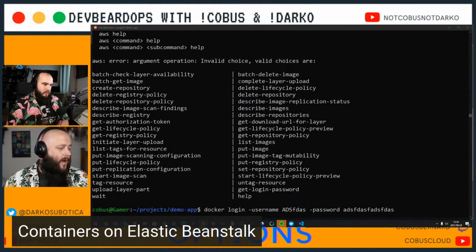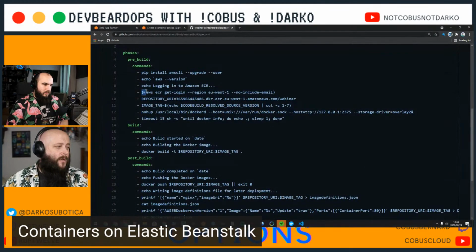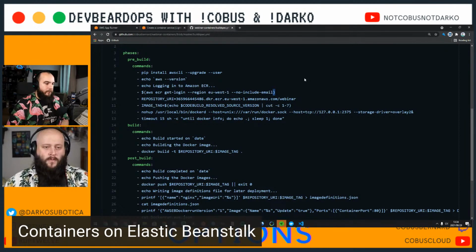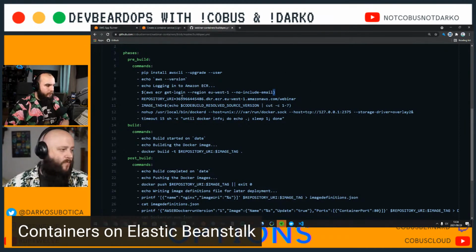So the reason why we have it here inside this $ brackets to run as a subshell, like TypeScript T-time pointed out, is it executes the command in the brackets, takes the output of that, and then runs that as a command, which is effectively just an easy way to get the Docker daemon logged in to wherever it is you want to log it in. In this case, it's ECR. Okay. Awesome. That's it. And then all we do over here is we just make a call to make sure that